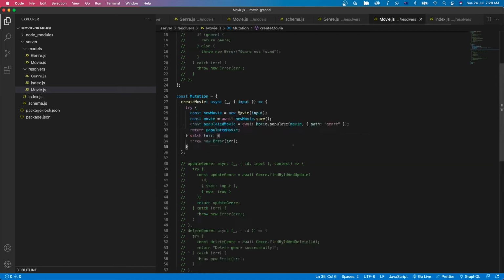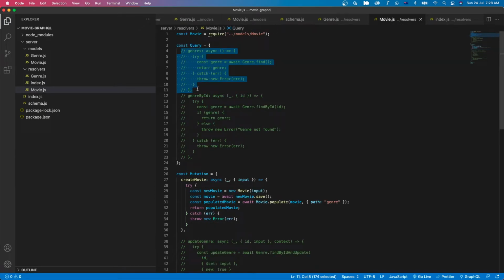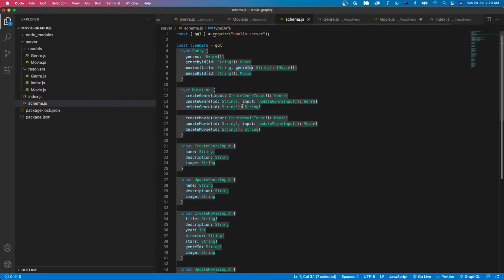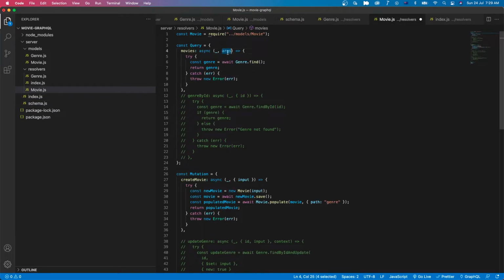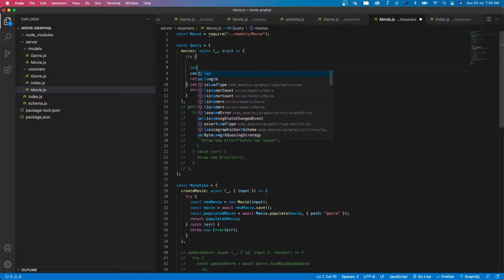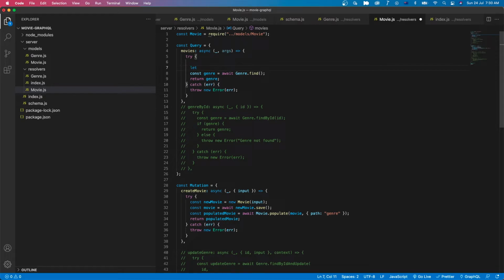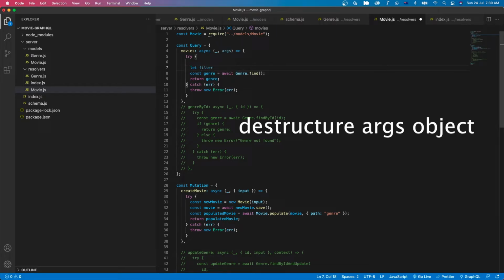Let's go back to the movie resolver. I will uncomment the query and let's rename it to movies. This will take the parent and the argument. The argument would be the title and the chain ID, but I just place here is the argument, and in here I will destructure the argument object,